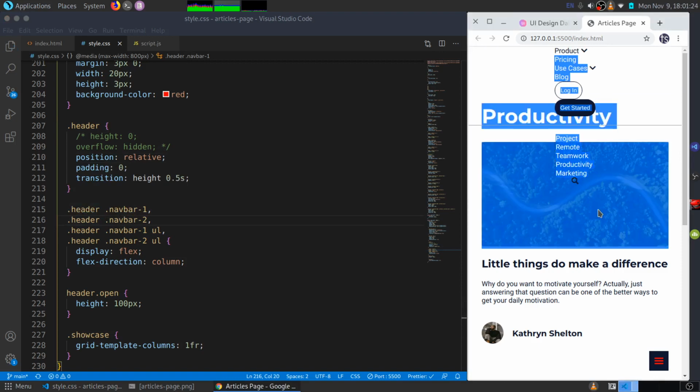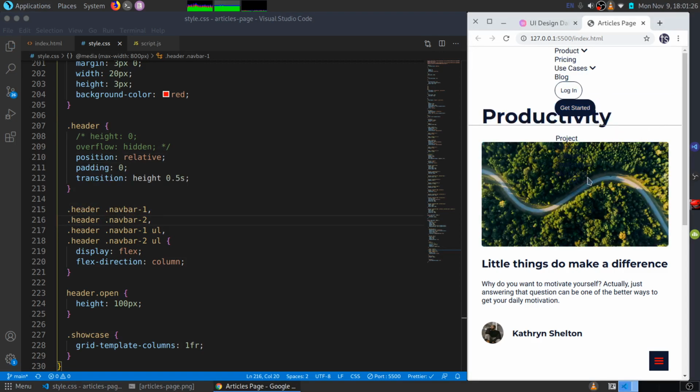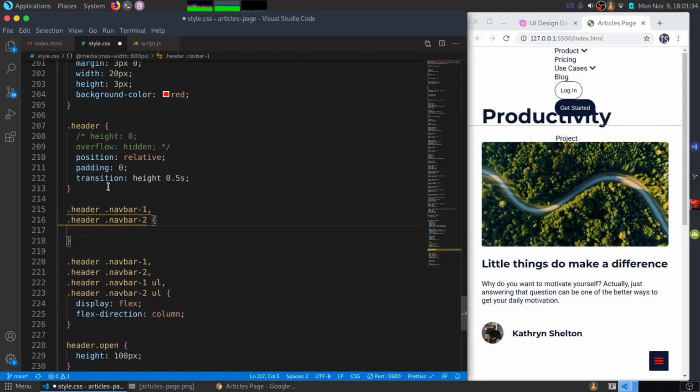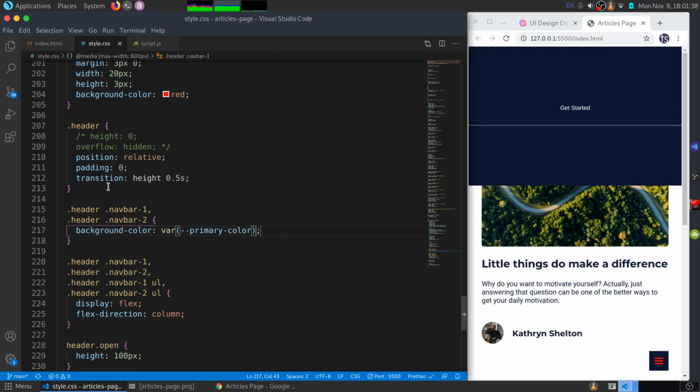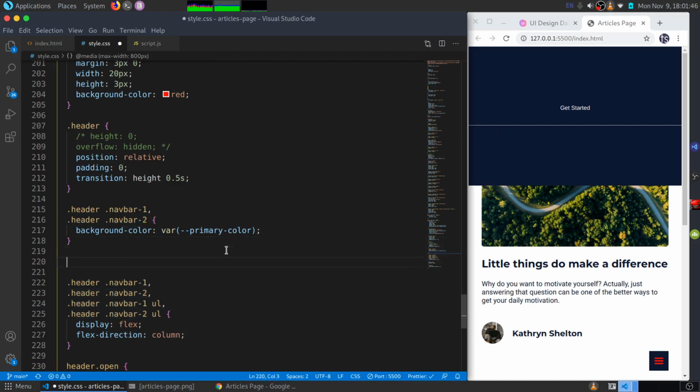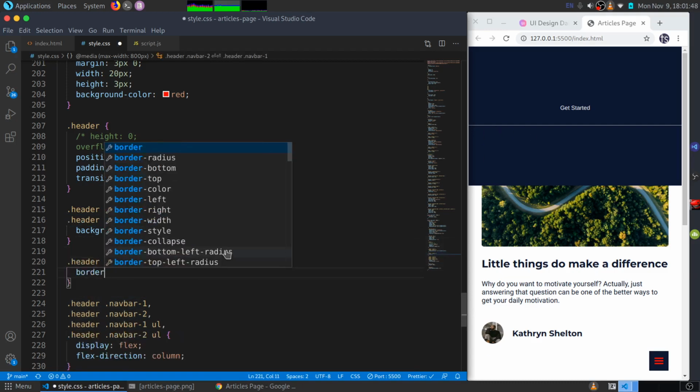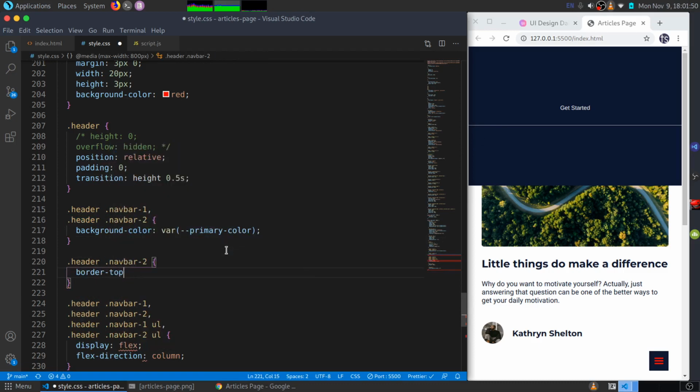Okay, so once that is done, I'm going to grab these two, come up here, and say the background color should be primary color. Okay, and for this second one, you remember I added this border on the second one, and I'm going to say border top of none,